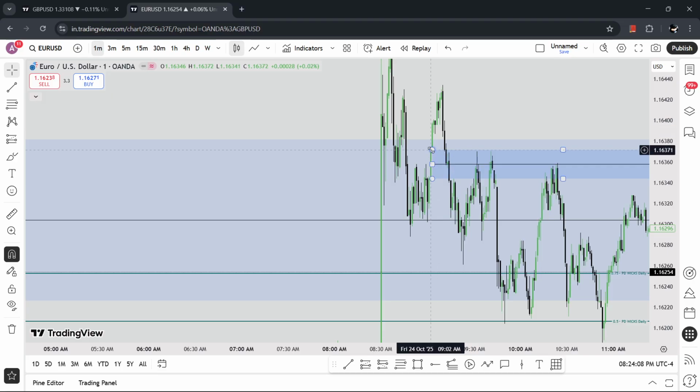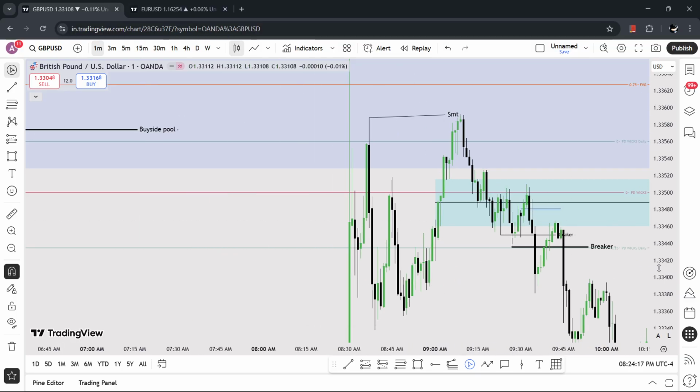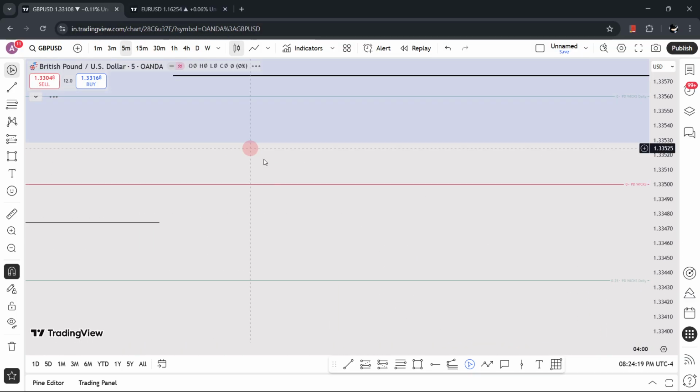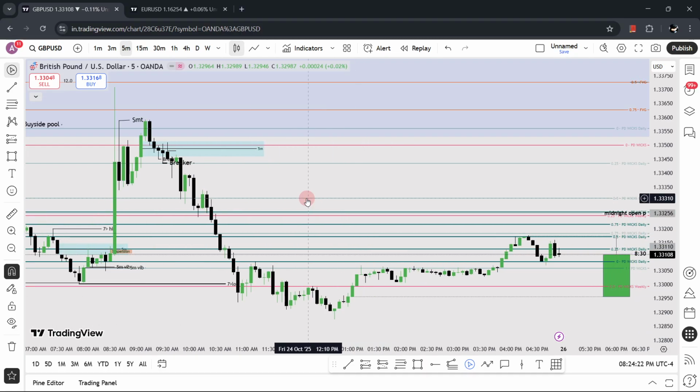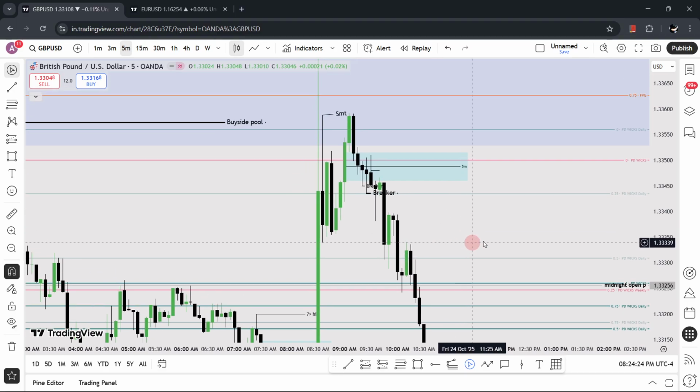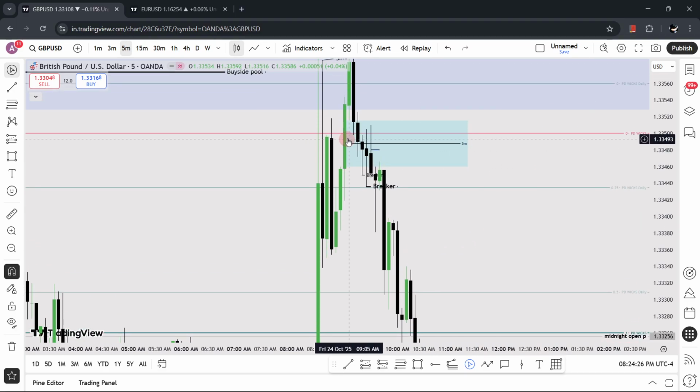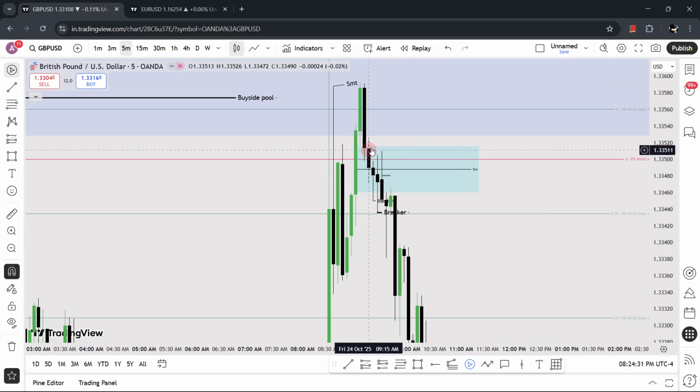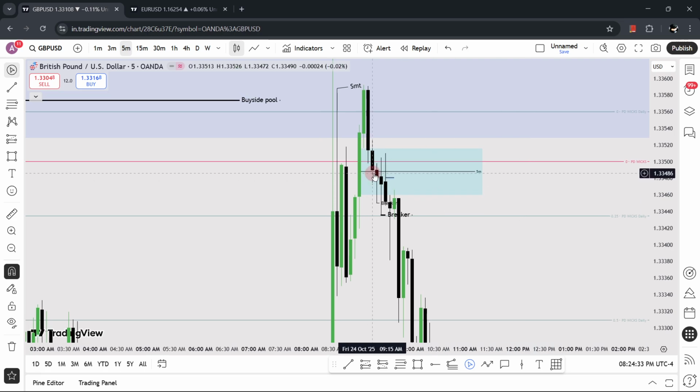I wanted this relative gap to be inverted, then come back up here. While this one got inverted, I was looking for trades in EU. As you can see, there is a 5 minute fair value gap there. I also want this 5 minute to be inverted. While GBP was doing stuff like this, you see this candle closed below the 0.5%, and this candle also closed. So it's really showing weakness.